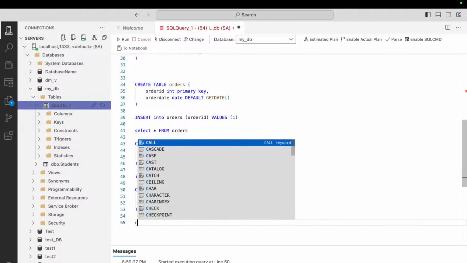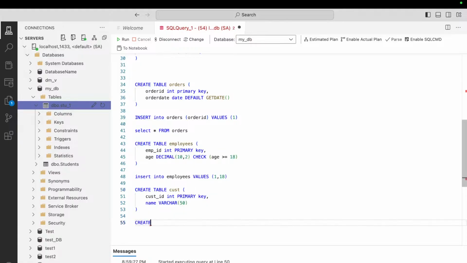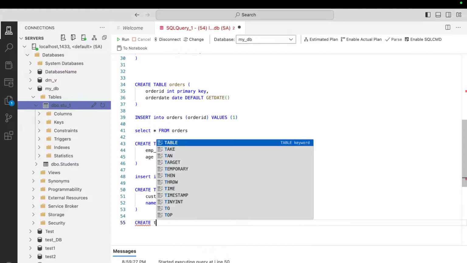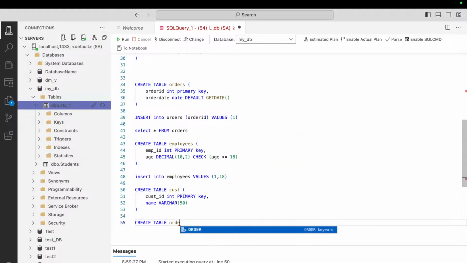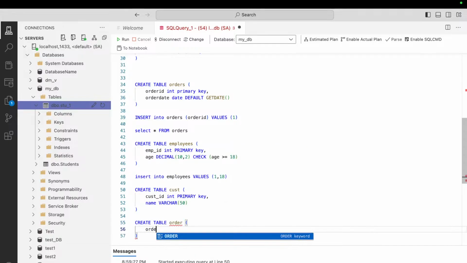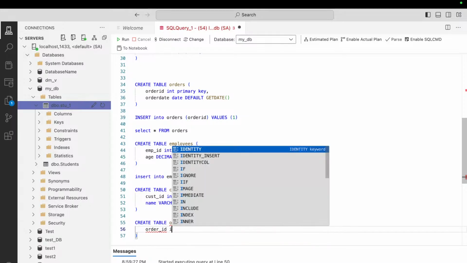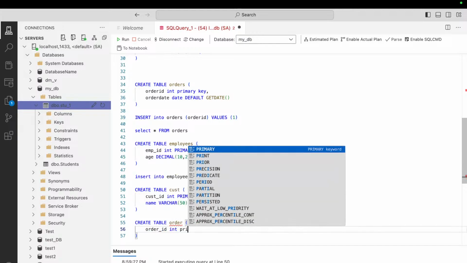And next we need to create another table that is called our order table. So now let's create the order table. CREATE TABLE, the table name is going to be order, and under the order table we have a column that is called order ID, and the data type is going to be integer, and the constraint is going to be primary key here,